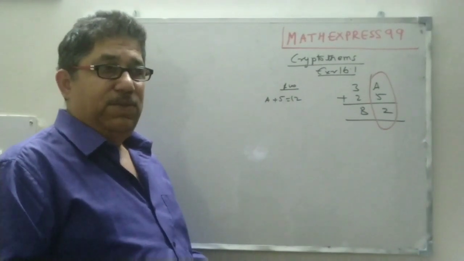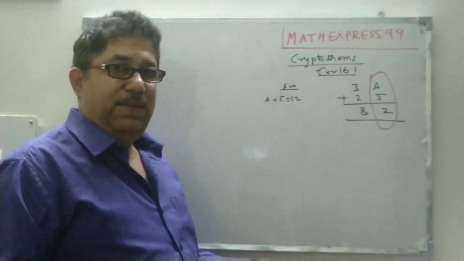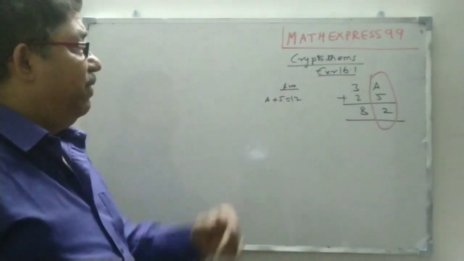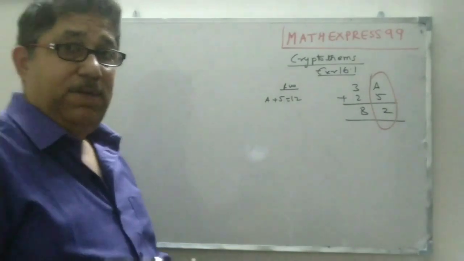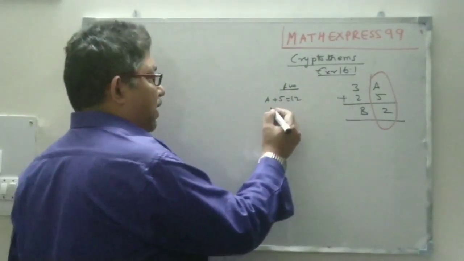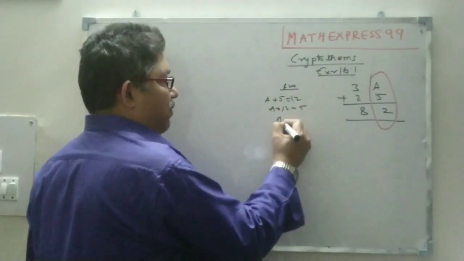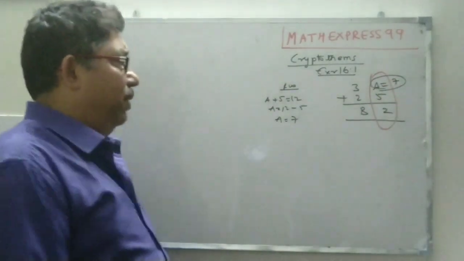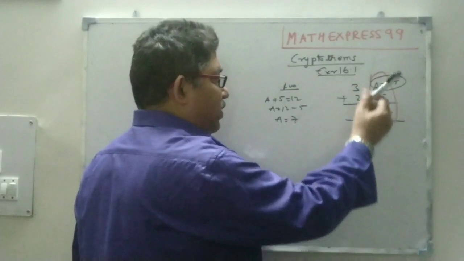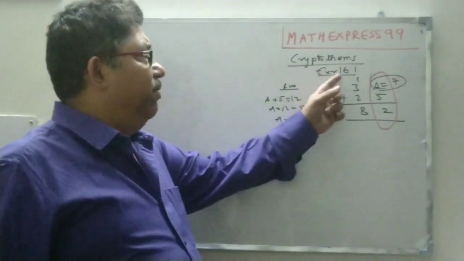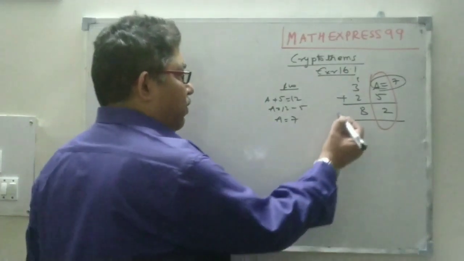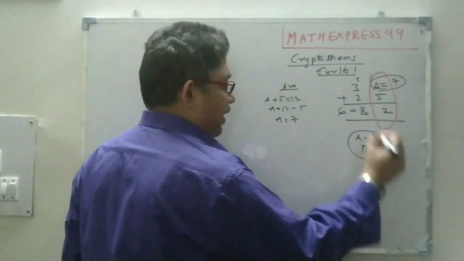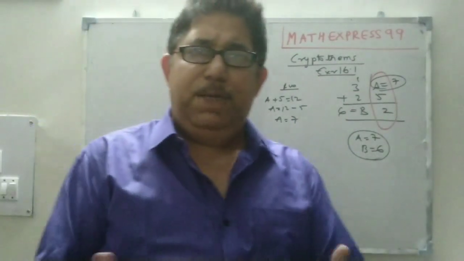So how can it be possible, unless you add a negative number? And here we don't have negative numbers. So A plus 5 is not 2, it must be 12. If A plus 5 is 12, that means A is 12 minus 5, A is 7. So we got our A, that is 7. 7 plus 5 is 12, so I carry this 1 here. And 1 plus 3, 4, plus 2, 6. So B is equal to 6. A is 7, B is 6. This is how I get a very simple cryptarithm. I am able to solve it.